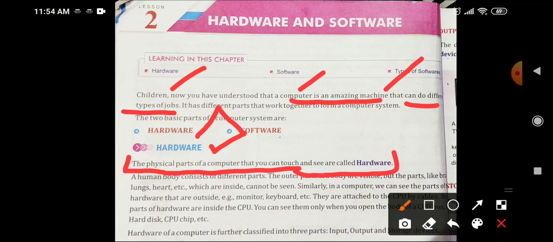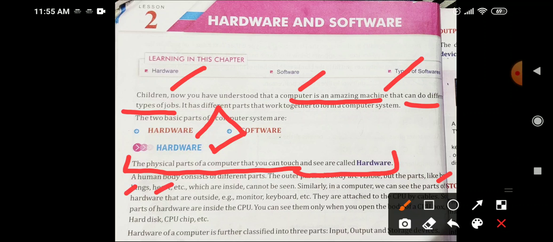Let's take the example of human body. In the human body, externally we can see the arms, legs, right? All these are external parts. We can touch it. But can you touch the lungs and the heart and the brain? No, we can't touch it.